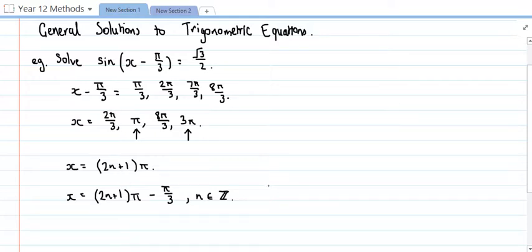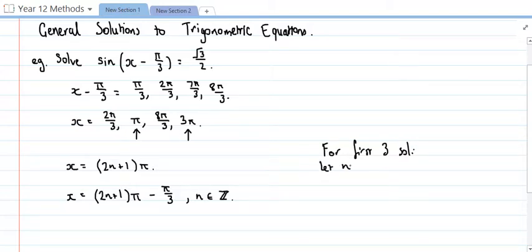There is some use to these general solutions, and the one that always comes up is it says something like find the first 3 solutions to this equation here. You can do that on your calculator by getting the graph and then solving it using an x-cal, but we could just use general solutions as well. So for the first 3 solutions, which you can see I already have written over here, for the first 3 solutions,